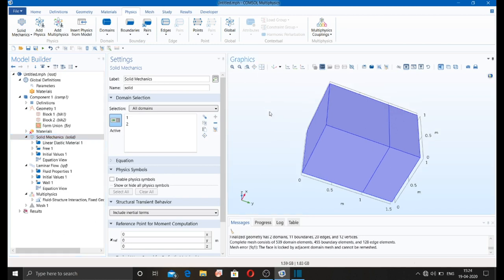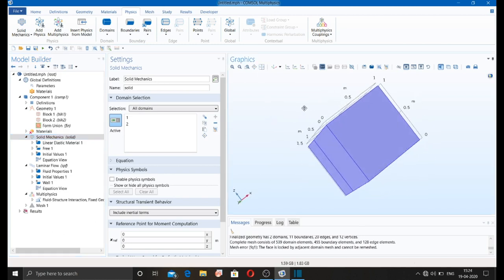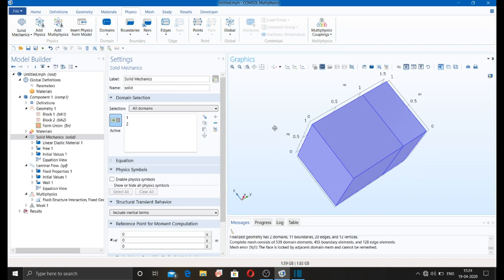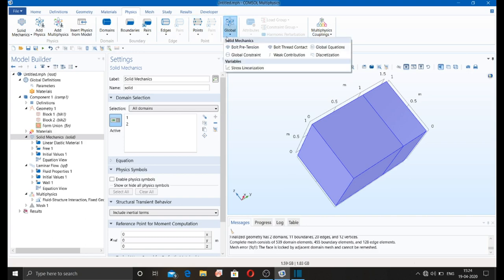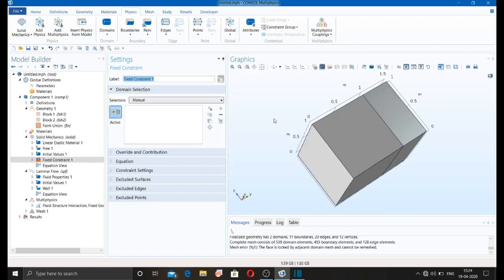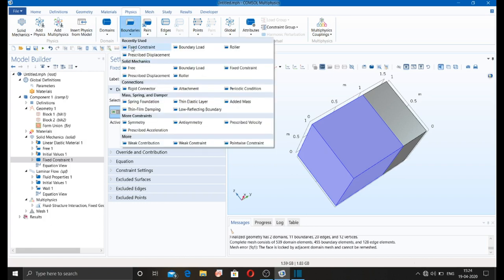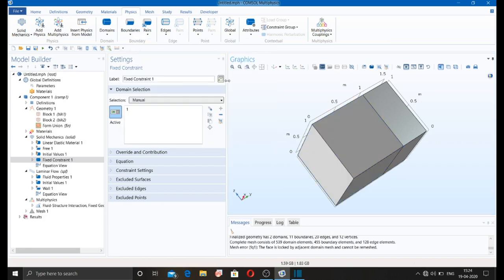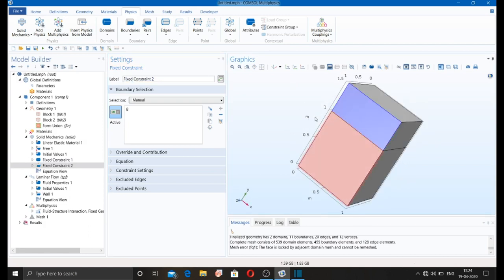If you want to give the boundary conditions to your object or geometry, you can use boundary, edge, point, global, bolt, thread, contact, anything else, domain. So I'm just fixing this domain. Okay, it is fixed. Now if I want to give the boundary condition at boundaries, here you can see them.